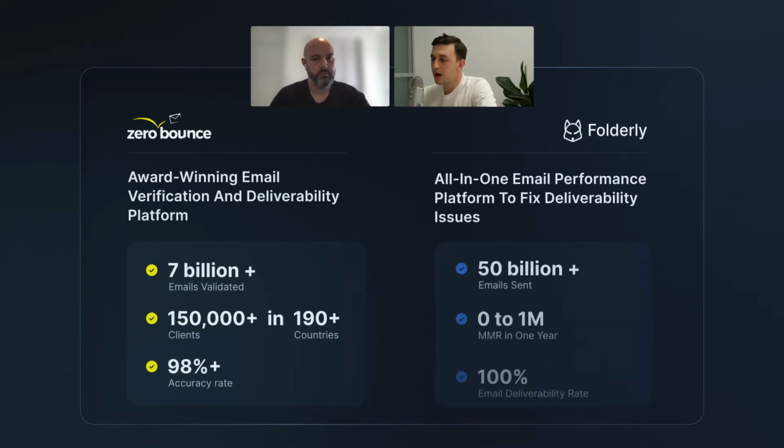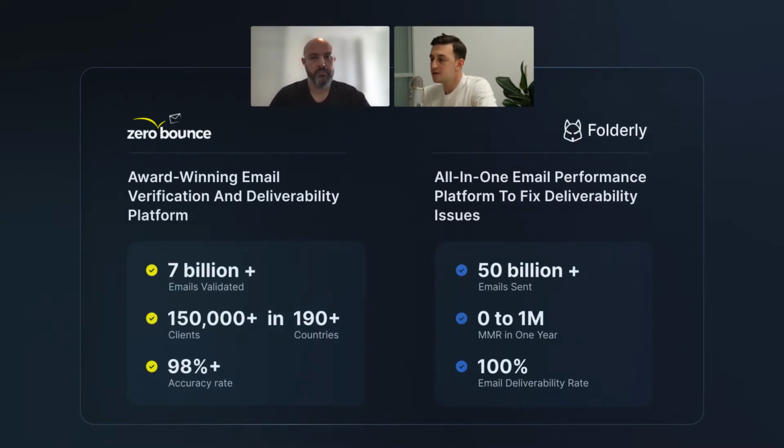Today we will go over the email deliverability topic from the email testing and email validation standpoint, and we'll share some experience, tips and tricks on how to be more efficient with your email marketing. Brian and I have massive experience with email marketing,